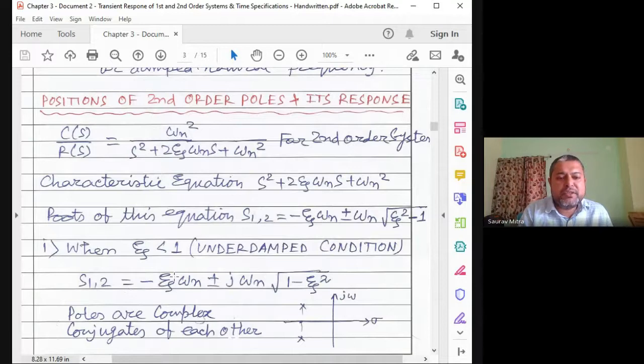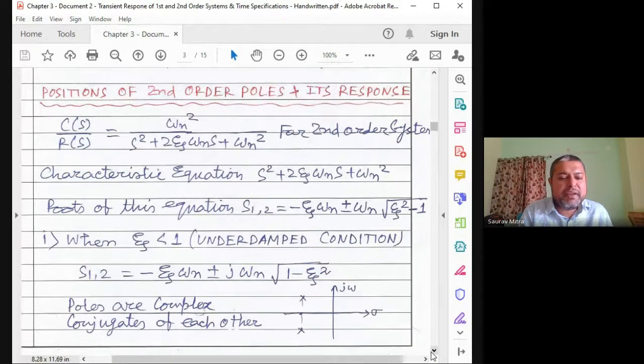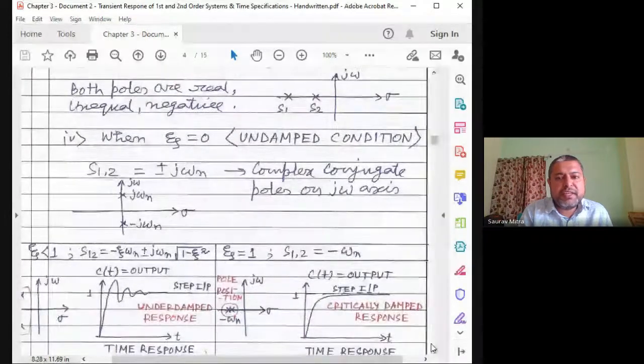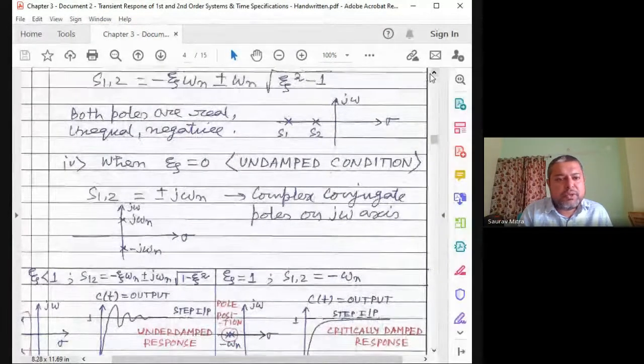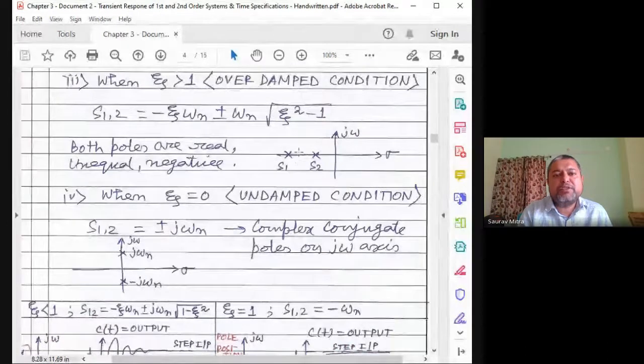Okay, for zeta equal to 1, both the poles are at s1,2 equal to minus omega n. So what you will find is there are two poles, and they both are at minus omega n. Minus omega n is not a frequency, it is the amplitude. In that case, both the poles are at the same position, and that will be